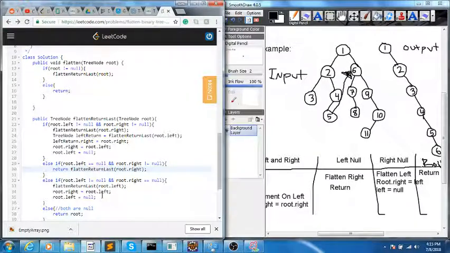If our left is not null, but our right is null, then we'll just return whatever this returns. So we'll return flatten left. So create a tree node, return value, and then we'll return value. So if neither are null,